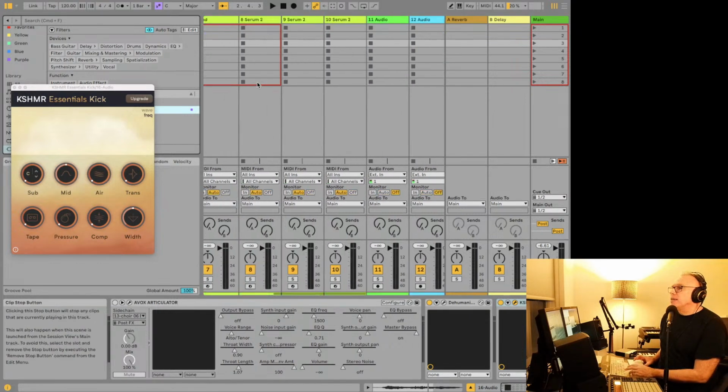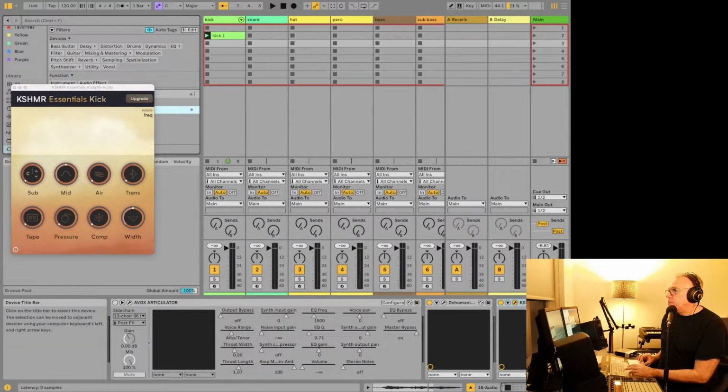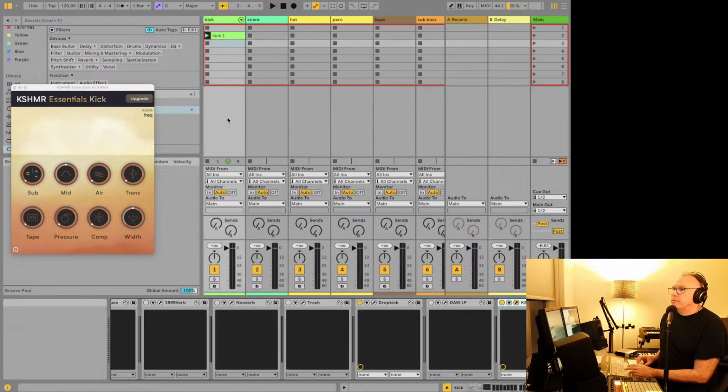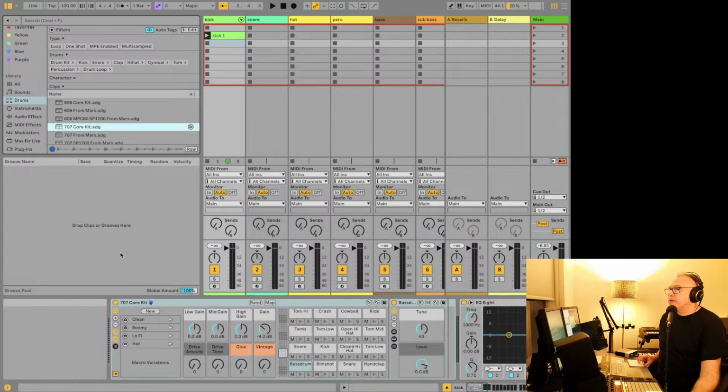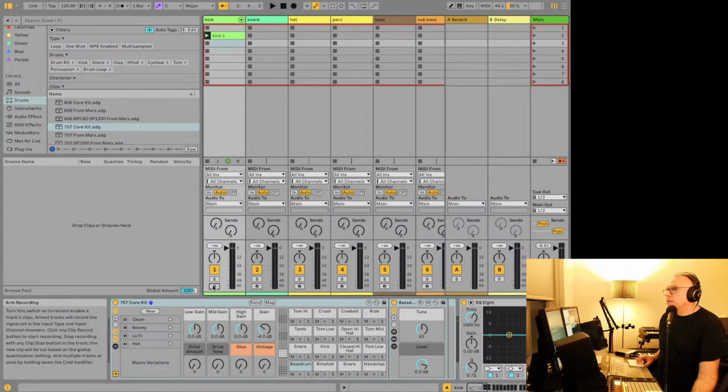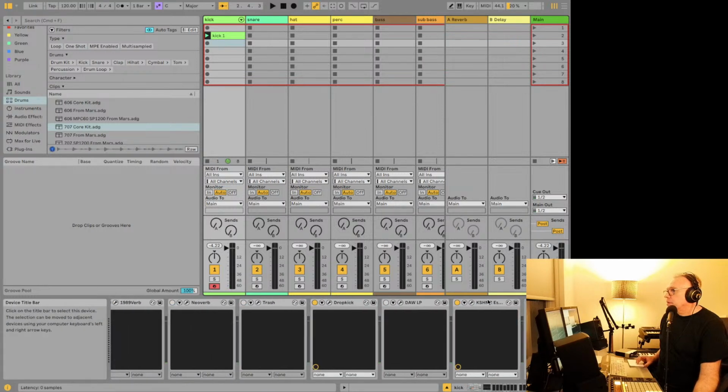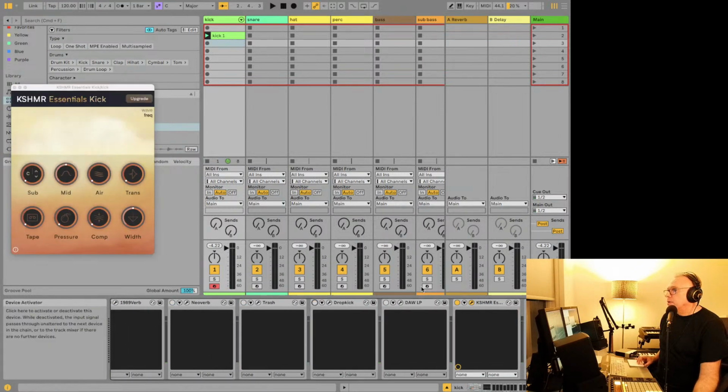But if you're using this, and this is free, and it's really worth getting, we'll go back to this drum kit again. And if we just have the kick, this, get rid of drop kick here. So